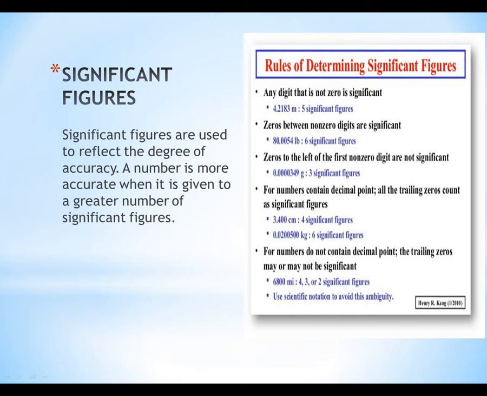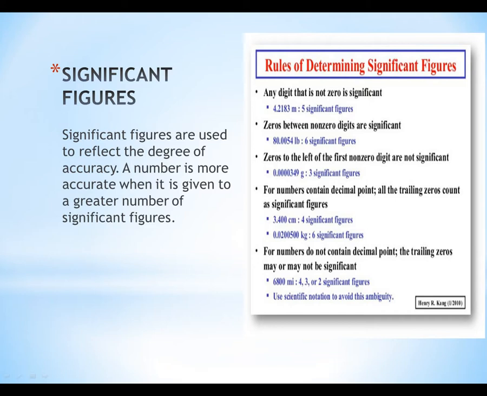And the fourth rule is in the decimal, all zeros before a non-zero digit are not significant. So it means that all these zeros are not significant, and only these 3 digits are significant. So rule number 5 is in the whole numbers, the zeros at the end may or may not be significant. It depends on how the numbers are approximated. So, for example, in this example 6800, it is a whole number and the last 2 digits are 0, but we are not sure whether these 2 zeros are significant or not significant.